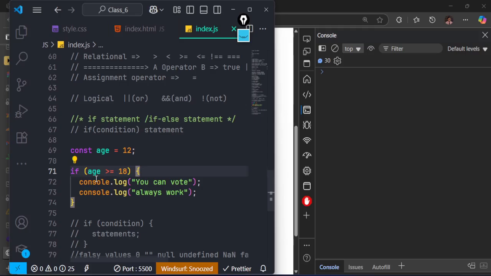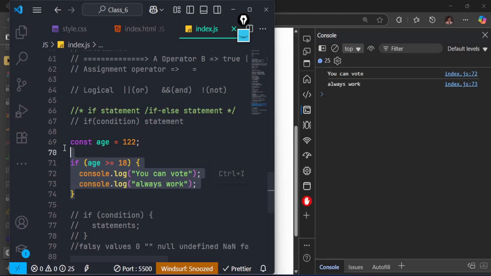So whatever you have under these curly braces, they are part of the condition. So they are part of the statement. This thing will only run when this condition is true. If the condition is not true, then it is not going to work. But now that the age is greater, you see that the two statements are coming out. But what if you want to do something